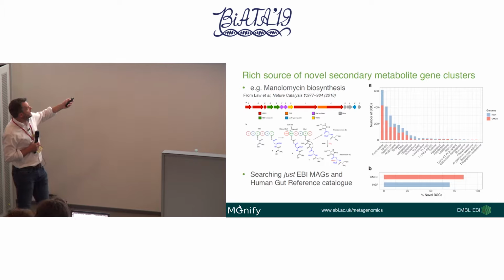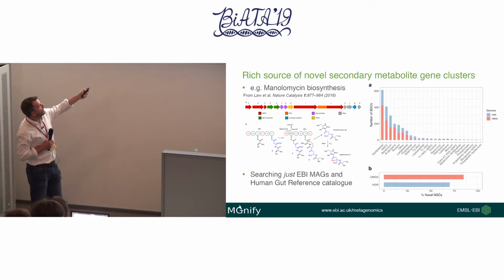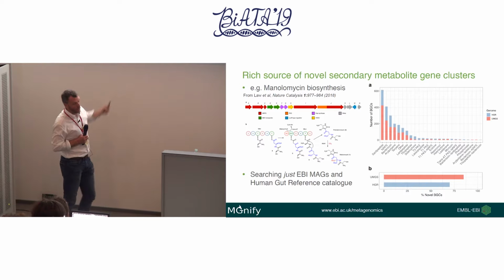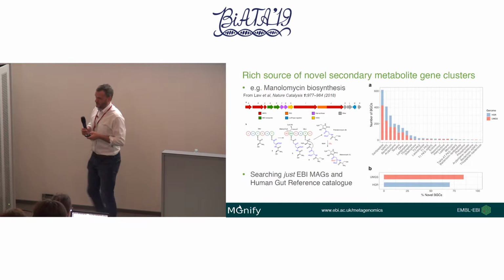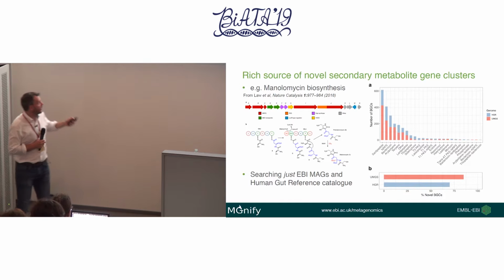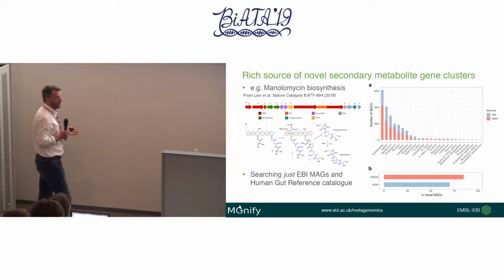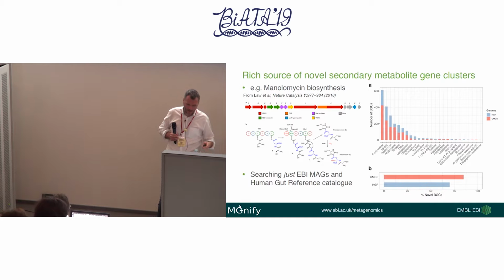The first one's not particularly interesting, so antiSMASH covers things like quorum sensing, but if we look at the next two, you've got a huge number of novel non-ribosomal protein synthesis clusters and bacteriocins, both of which are potential antimicrobials. One of the key challenges is how do we start working out what's truly novel or just variants of the things we've already seen? And the MAGs also seem to be slightly enriched in these compared to the others. I don't know how statistically correct that is.